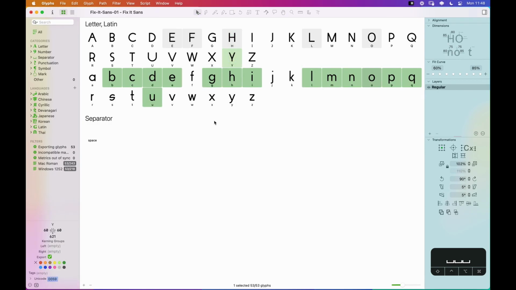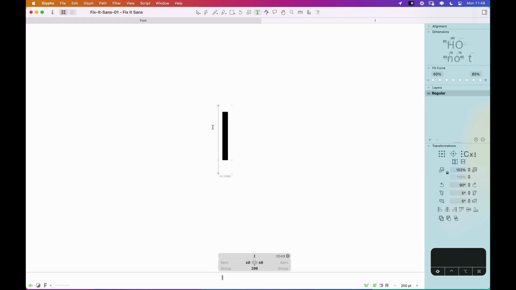If I jump back to my screen here, there are letters like the I, which I really don't think I have too much to add to. And maybe you were wondering what I would have to say about that. In this case, the I is nothing more than a vertical bar, so I just want to acknowledge that there probably isn't a whole lot that I would do here. Typically when you're drawing an I, you're probably just riffing off one of the parts of the H, and it usually flows pretty well. If you do have an I with a bar on the top and the bottom, which I suppose we could do here